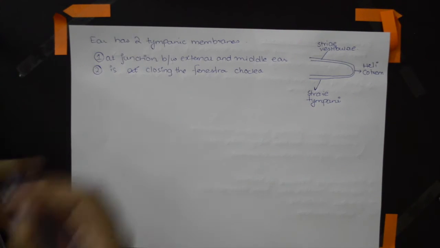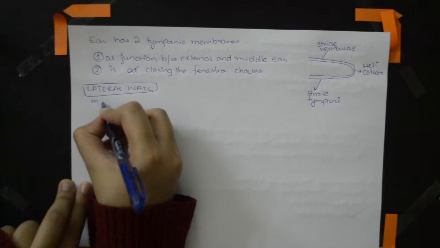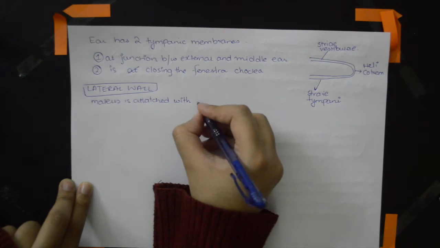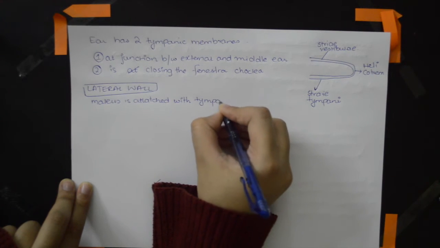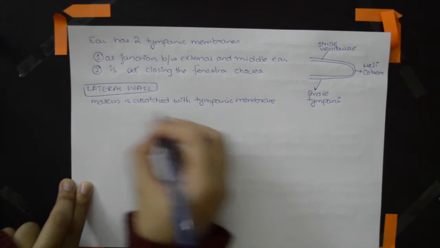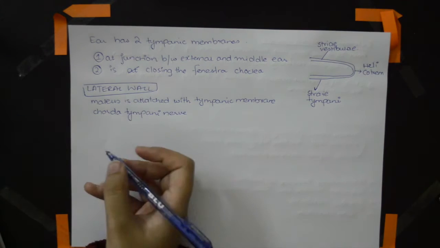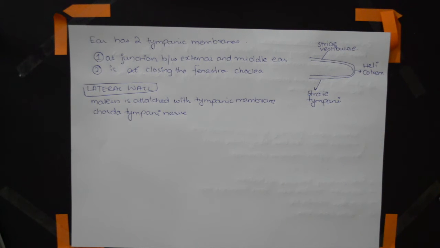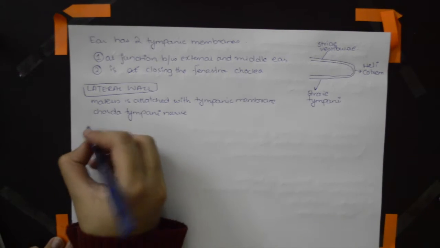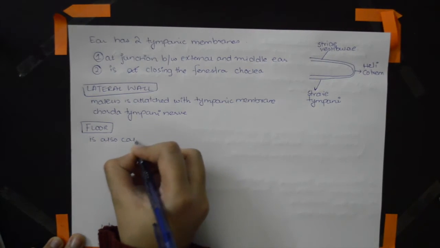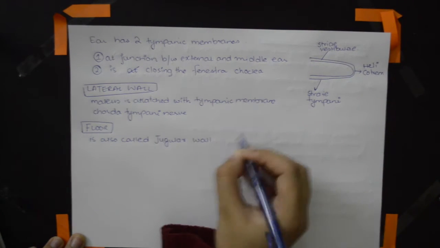So let's talk about the lateral wall. We know that malleus is attached with tympanic membrane at the lateral wall, and in close affinity there is chorda tympani nerve as well. I suggest that you open your books where you have all the diagrams. That will help you a lot. Anyways, now about the floor. The floor is also called jugular wall